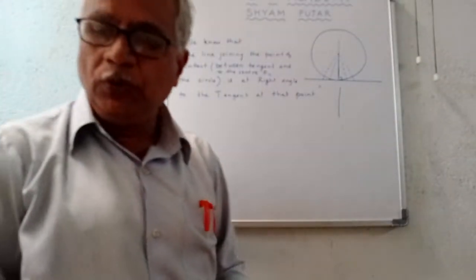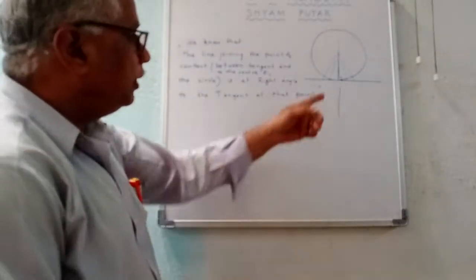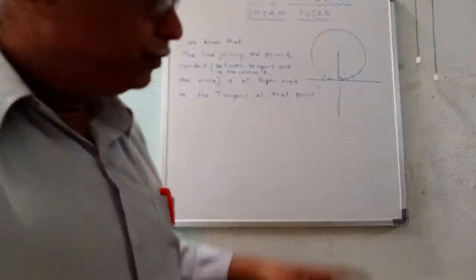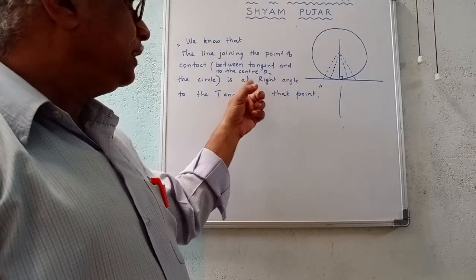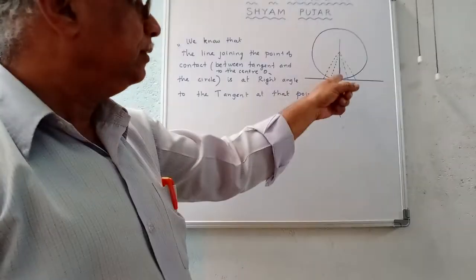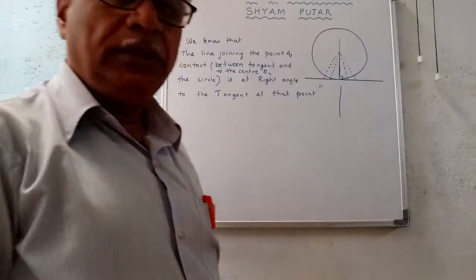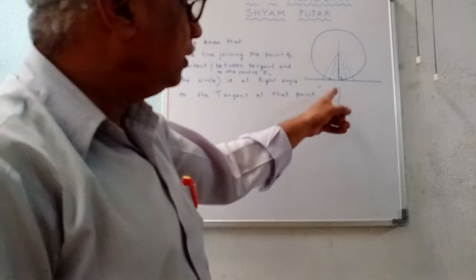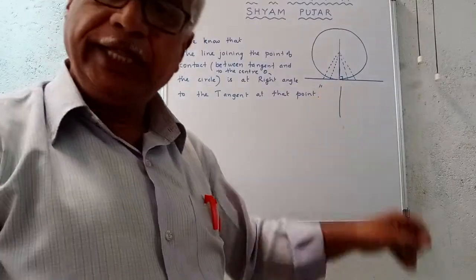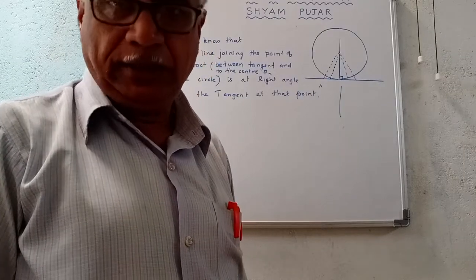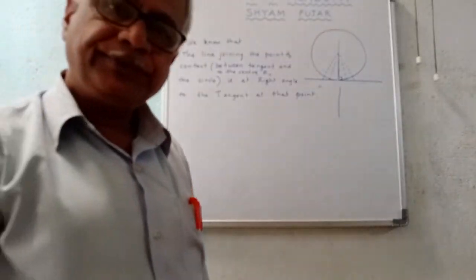So now they are asking, prove that the perpendicular at the point of contact always passes through the center of the circle. So this is the theorem which has been already proved. We are going to quote this and say yes, my tangent at the point of contact and the perpendicular drawn at that point therefore always passes through the center. Okay,